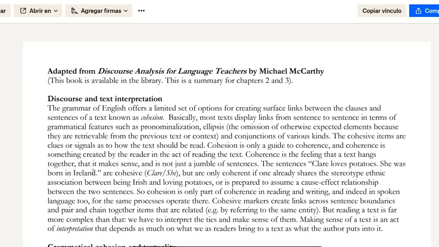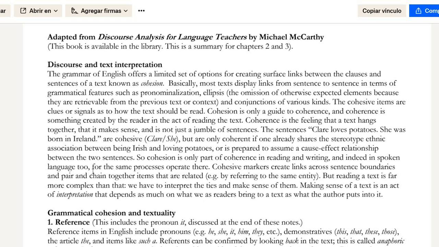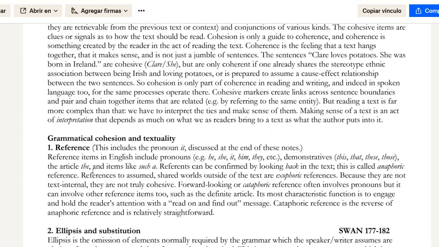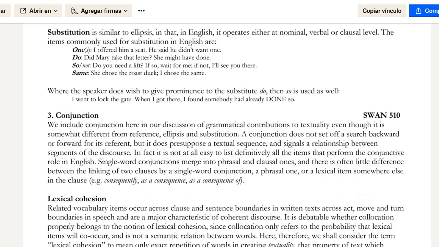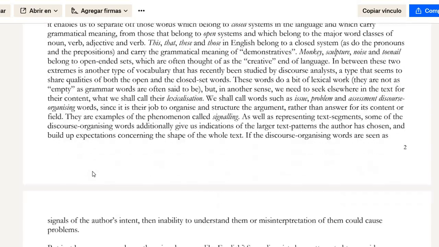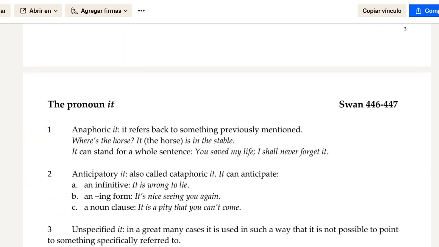What you will find here, and I will open it despite the fact that this is going to be slow, not so slow. You have an introduction that explains the difference between cohesion and coherence, right? Those two. And then the elements of cohesion, which are reference, ellipsis and substitution, conjunction, and lexical cohesion. And at the end of these notes, you will find some exercises and then some notes on it. And remember that whenever something says SWAN, it means that SWAN tackles this topic in entries